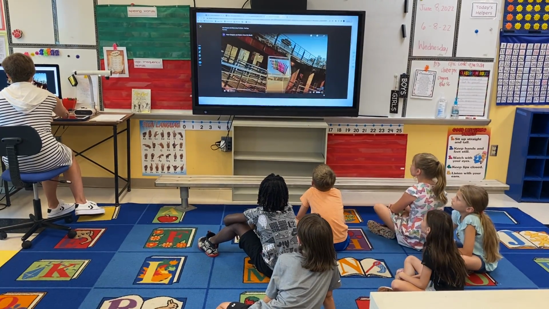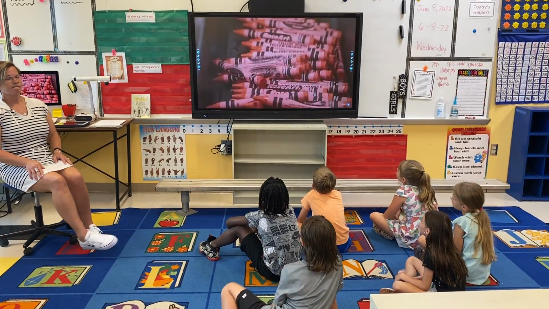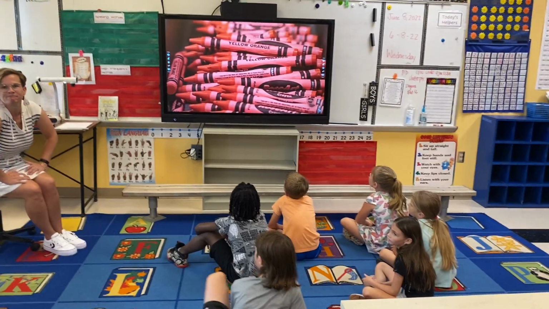Let's take a look at how color is added to childhood. These crayons are made from a combination of